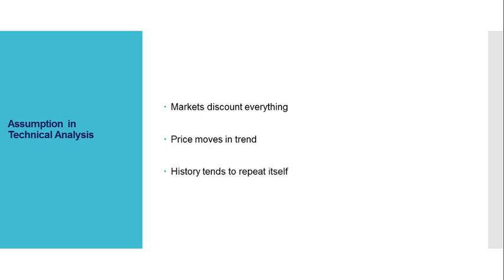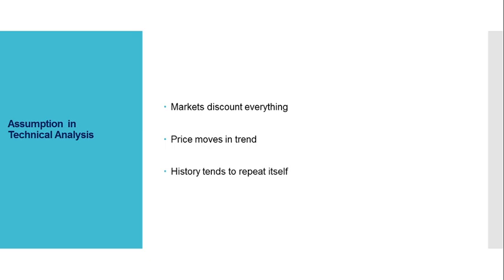Price moves in trend. All major moves in the market are an outcome of a trend. So, the concept of a trend is the foundation of technical analysis. For example, the recent upward movement in the Dow Jones Index to 30,000 from 19,000 did not happen overnight. This move happened in a phased manner over 8 months. Another way to look at this is that once the trend is established, the price moves in the trend direction.